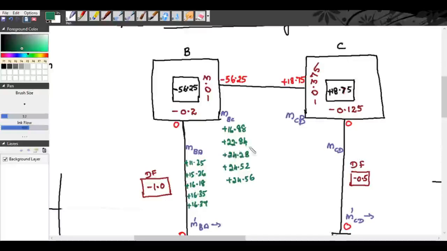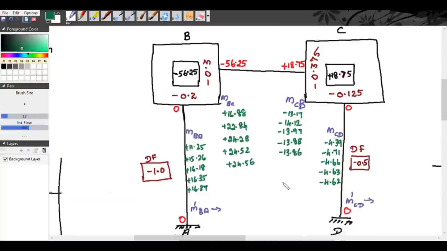Now MCB, the first iteration, the value is minus 13.17. Second iteration minus 14.12. Third iteration minus 13.97. Fourth iteration minus 13.88. Fifth iteration minus 13.86. For MCD, the first iteration is minus 4.39. Second iteration minus 4.71. Third iteration minus 4.66. Fourth iteration minus 4.63. Fifth iteration minus 4.62. So rotational contributions are over. Now we will go for